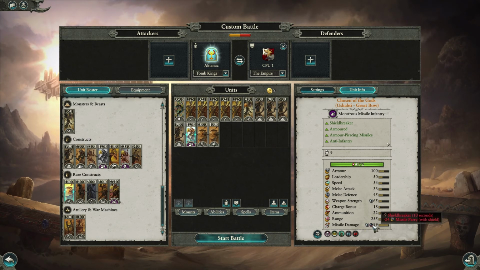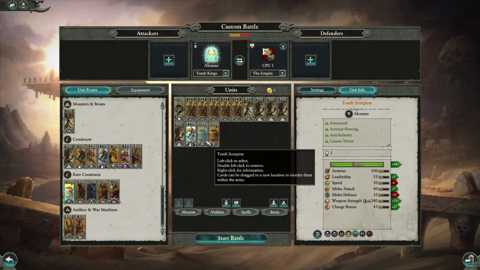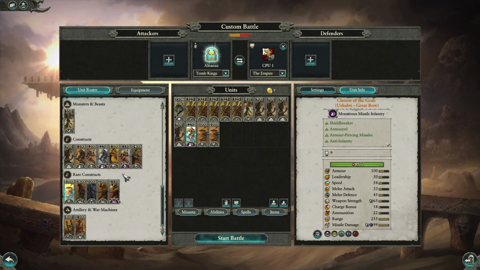their missiles have the Shield Breaker ability, armor piercing, very high missile damage, and also the missiles split upon impact, they have a shrapnel effect when they're near a target. So one arrow is split into multiple shrapnel shots. I bring them mainly to take out weaker, low armor, high value targets for my enemies, and overall really solid. I don't find a reason not to bring them. They're just like 150 gold more expensive than the Ushakti with Great Bow, and